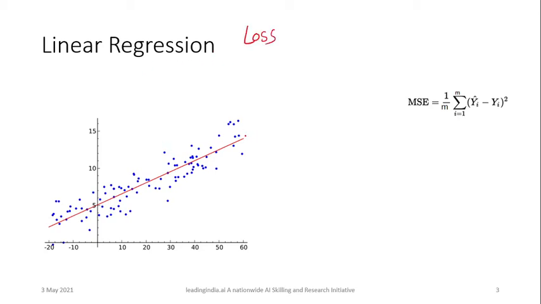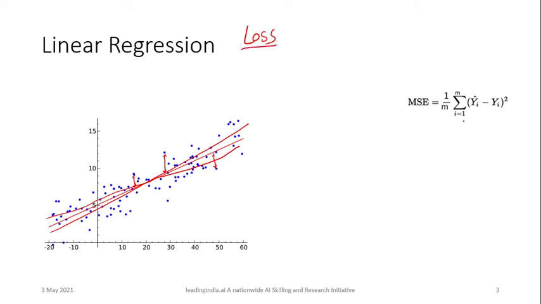You can say this red line is our prediction line, and these blue dots are our original values. Now if you see this, how much we are differing, this much, right? In this other line we are differing this much, and if you look at this line we are differing by this much. So how will we find out which line is correct? Suppose one person draws this line, a second person draws something like this, and a third person draws this line. You should have some way to find out which line is the best line. In order to get that, we are computing loss.